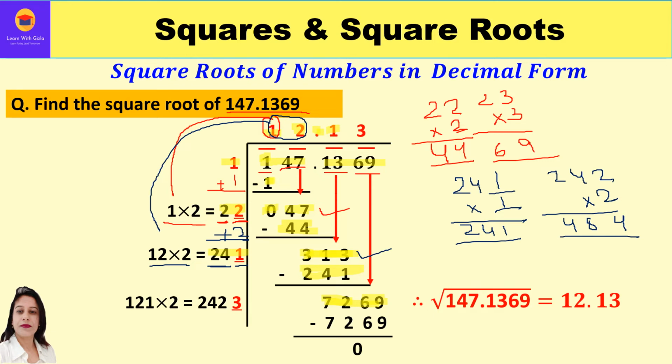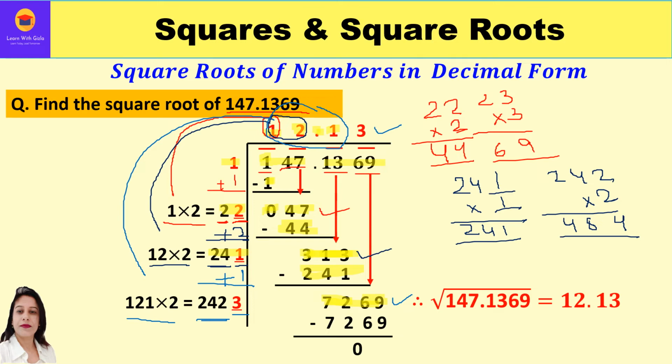Now to solve this new dividend, we need the divisor. So what we can do is take the quotient as 121 now and double it. So 121 into 2 we will get 242. Put a blank. Or another way of doing it is the new quotient is 1, so just add 1. You can get 242 and put a blank. Now what should come in this blank so that the same number is multiplied and we get a product which is equal to or less than 7269? So over here we can put 3 in the blank.